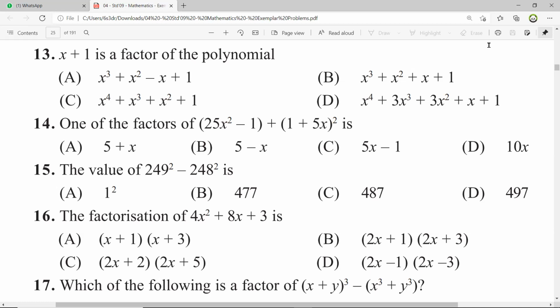So how will we know what our remainder should be equal to, so that we know that x plus 1 is a factor of that polynomial? What should the remainder be equal to? 0. Yes, that's right. Mridula, is it clear? Yes, ma'am. Okay. So come on, tell me now which will be the answer. Ma'am, B option. Okay, Mridula says B.